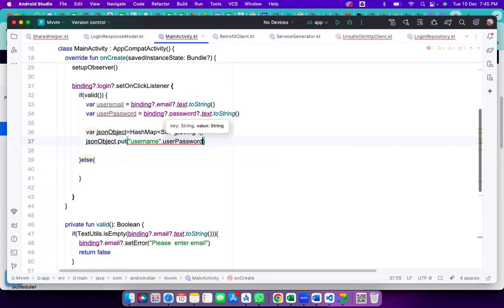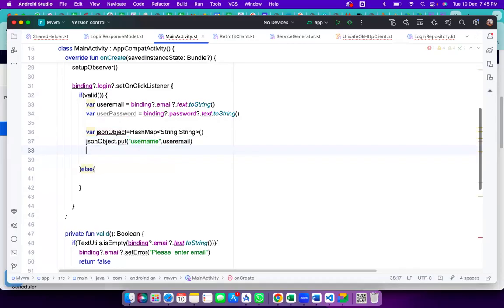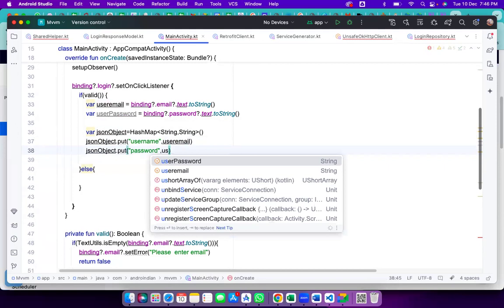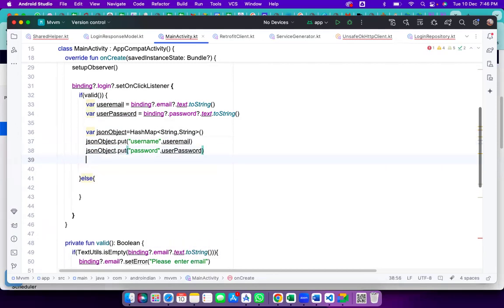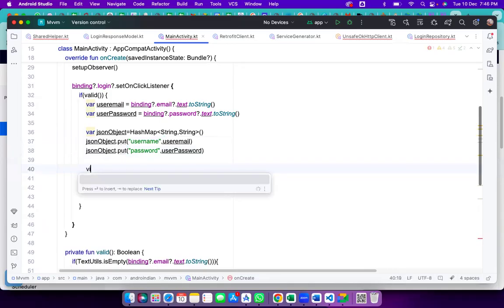So that is the user email. Then JSON object dot put, this is the password. Right. So this is the user password. Right. Then from here now we are simply calling that view model dot doLogin